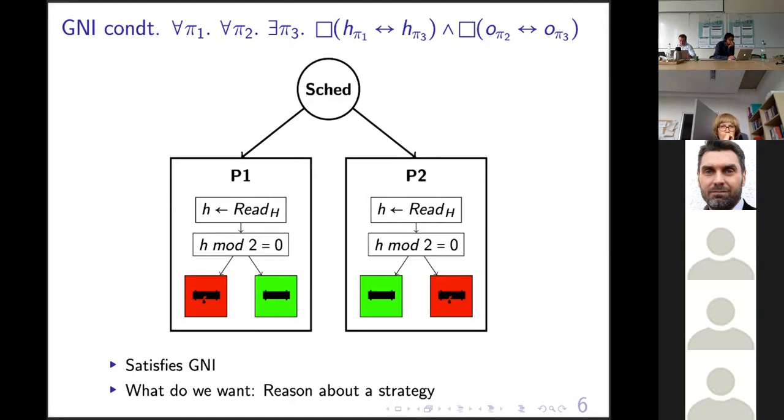But intuitively, what we want to specify in practice is not whether there exists such a trace knowing the entire future input and output sequence, but we want to ask whether there is an actual scheduler or an actual strategy for this scheduler that only depends on the inputs and outputs seen so far. And in this case, this should clearly not be the case.